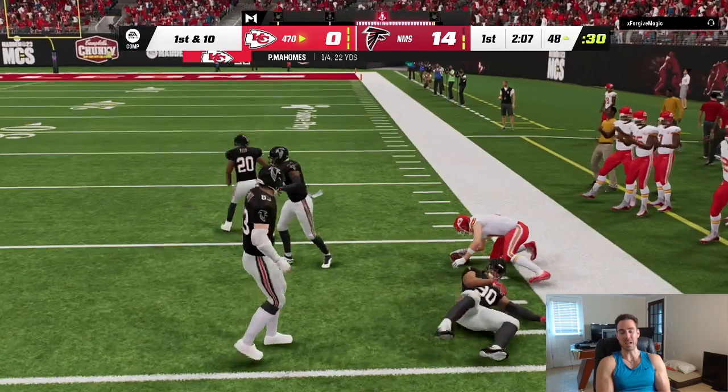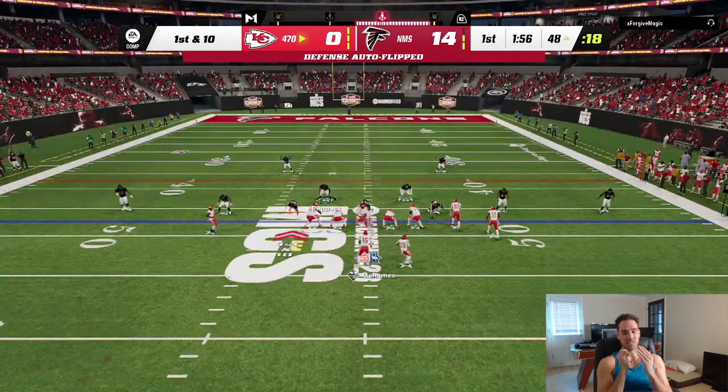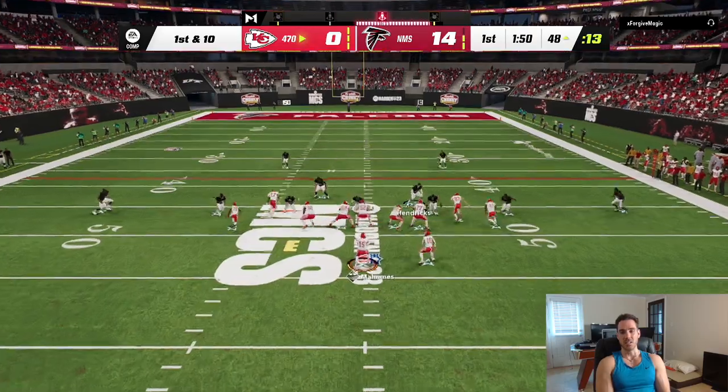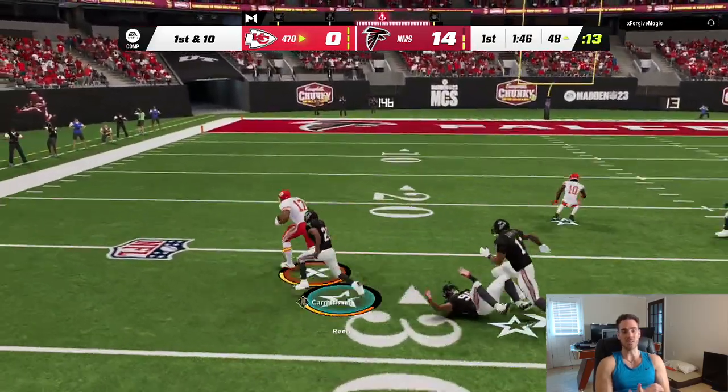He actually ran a play action pass right there, and that's why my defense got confused. If he's going to run play action, you're probably going to want to do more of a pass commit situation, but that's fine. Now again, he's audibling to tight, so I simply just changed my defense to cover 3